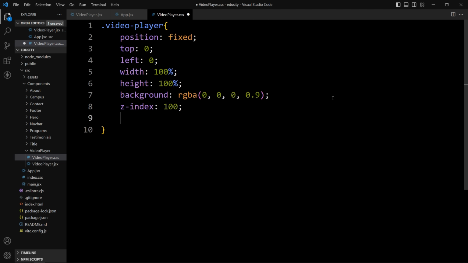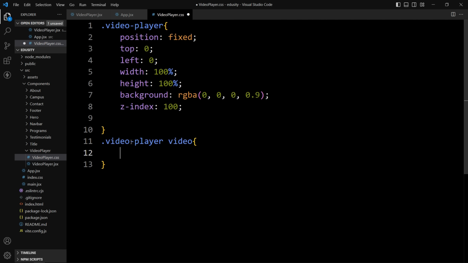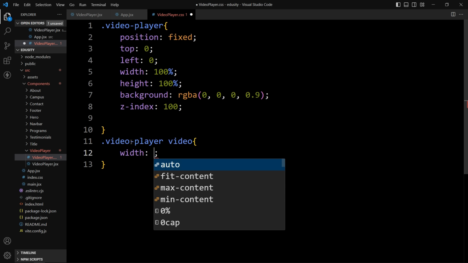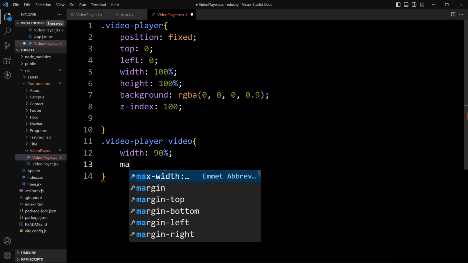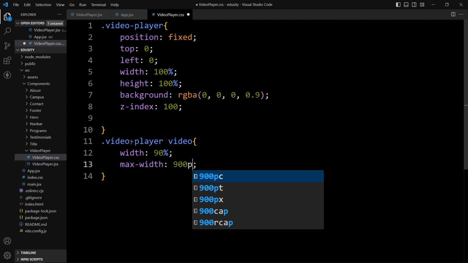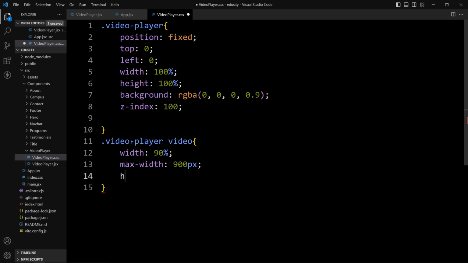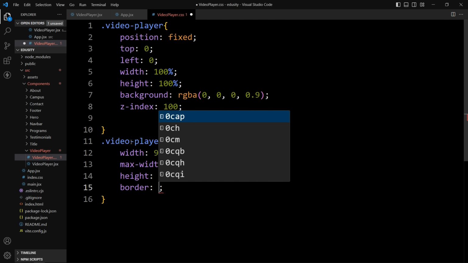Then we will add the CSS for the video tag. So in this one, we have a video tag. For this video, we will add the width. It will be 90%, and let's set the maximum width of 900 pixel. Then we will add the height auto, and here we will add the border of 4 pixel,